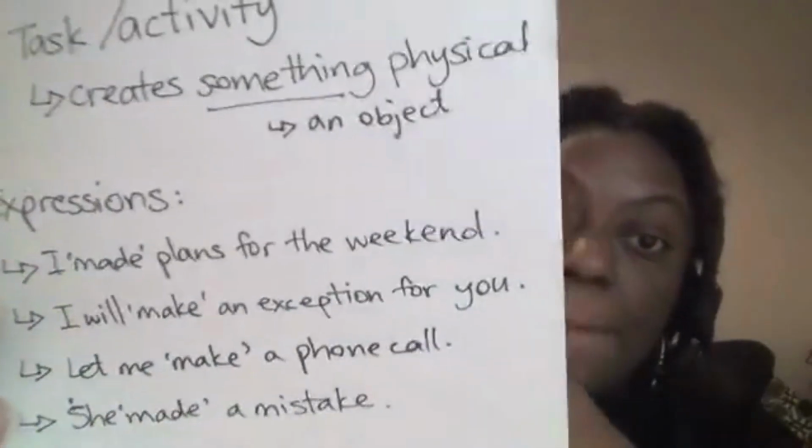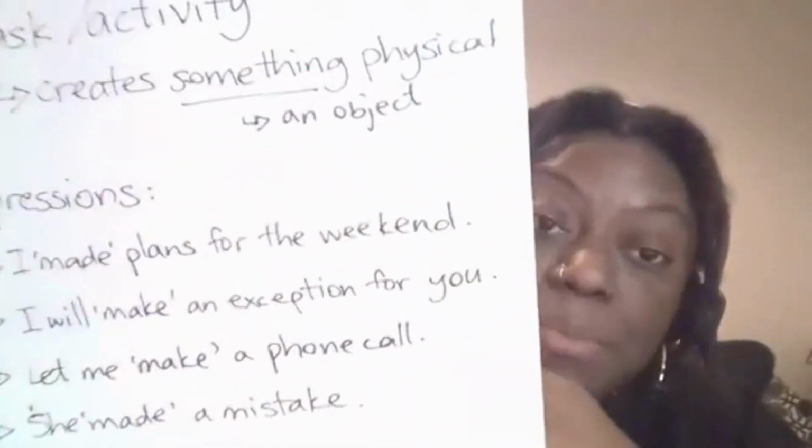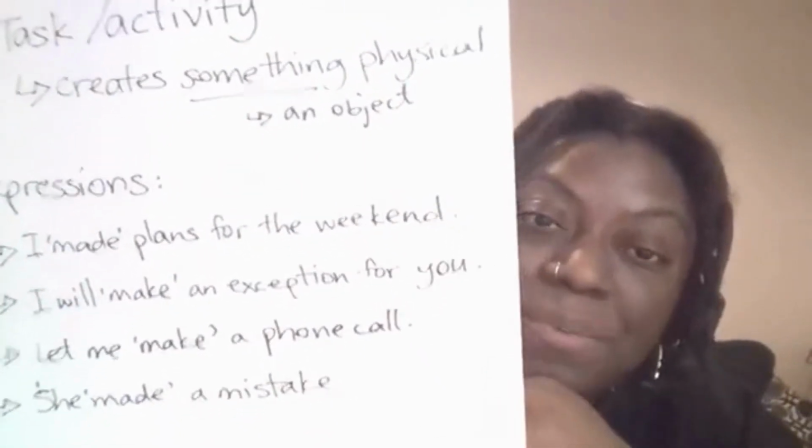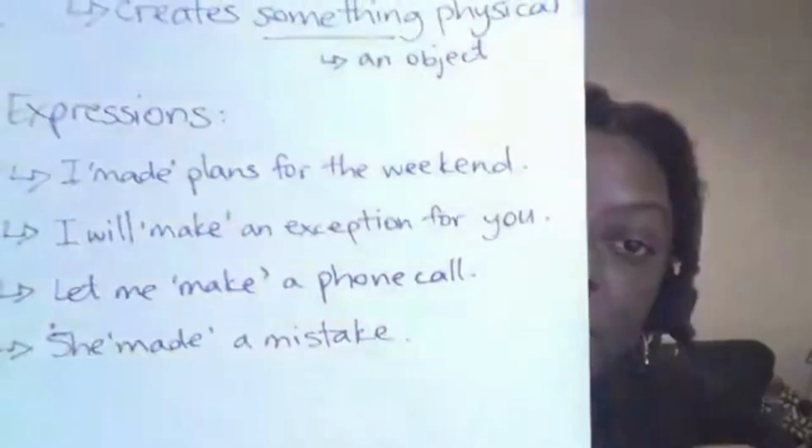Okay, so you can, ooh, very bright. Here we go. I made plans for the weekend, so you can make plans. I will make an exception for you. So if I make an exception, that means normally I don't do something, but for you, I will do it. I am making an exception. Or let me make a phone call. So if I call someone on the telephone, on my phone, I am making a call. And she made a mistake. So when you do something that you shouldn't do, like spill the milk, but you didn't do it on purpose,